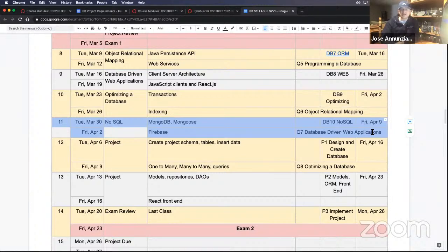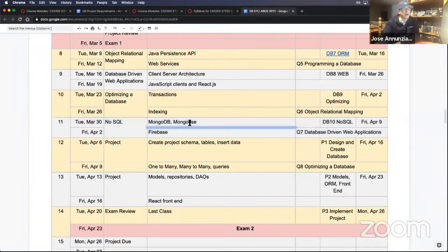There's tons of new solutions out there that allow you to store data and interact with the data not using SQL, or NoSQL, right? And so we'll talk about two of them in particular: MongoDB, and Firebase, as two of the more interesting and very popular implementations of non-relational